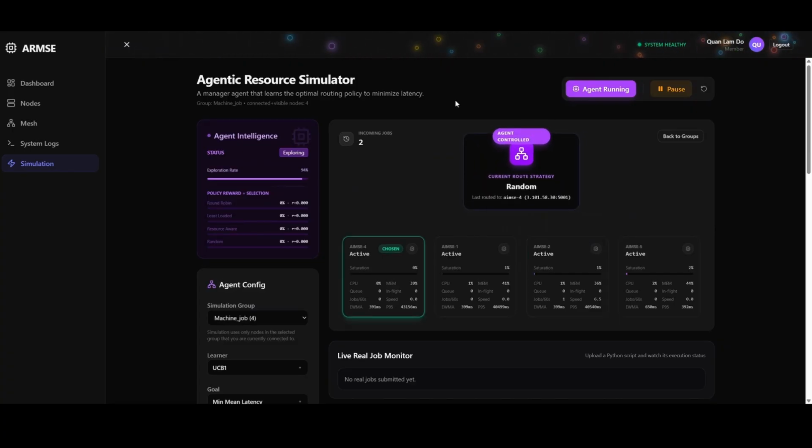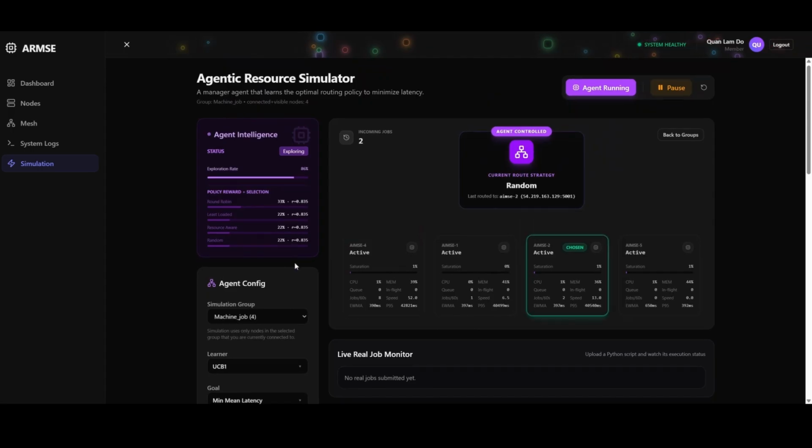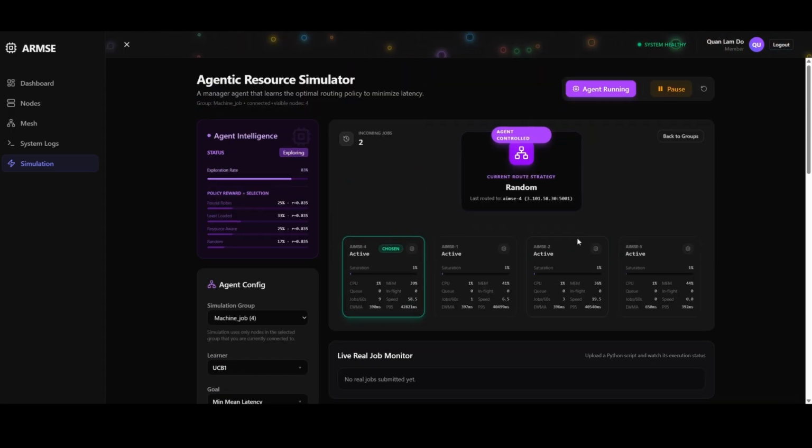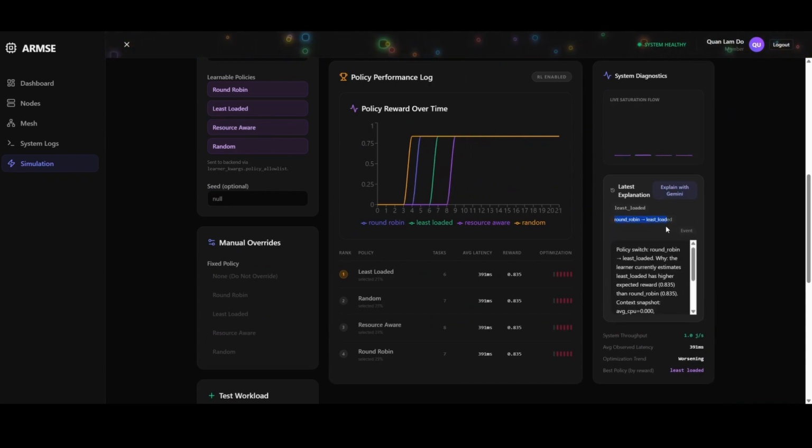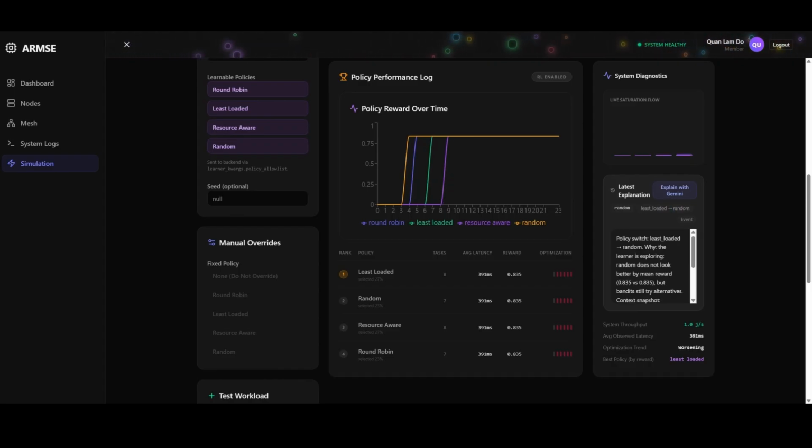As you see, if we start the simulation, it will start sending in the jobs, and then the manager agent will delegate the jobs to the nodes. And you can see that it's switching its policy. So it's learning to best optimize the goal that we chose, which is mean latency in this case. And sometimes if you don't understand how it is switching policy and how it's helpful to the system, you can go down here and click on expand with Gemini. That will capture the latest change in policy and explain to you why such a change in policy will be